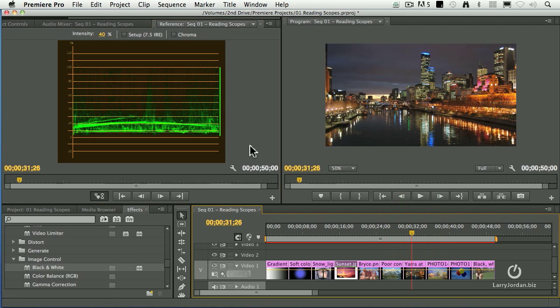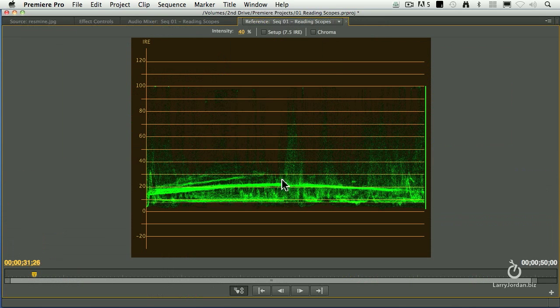Or look at this night scene. It's night, but look at the range of pixels that are extending way up. This has given us a full range of about 3% to 100%. And if we try to intensify that, look at all the pixels that are there. It may be night, but